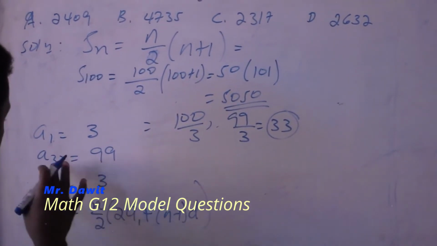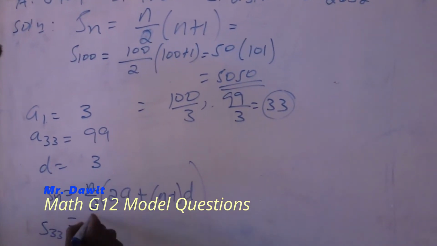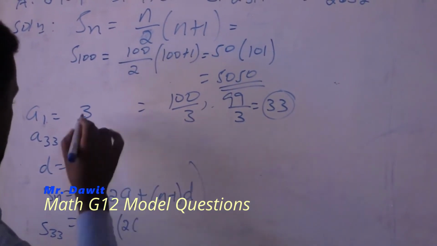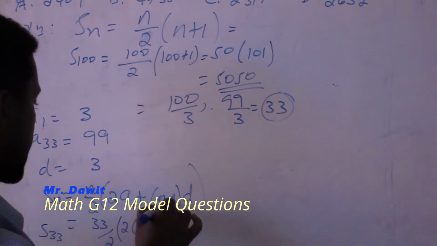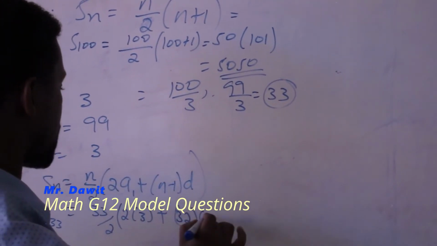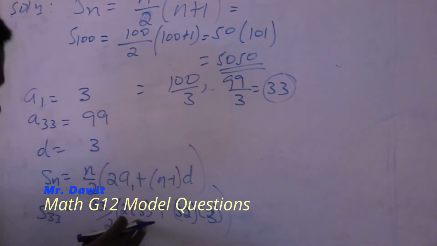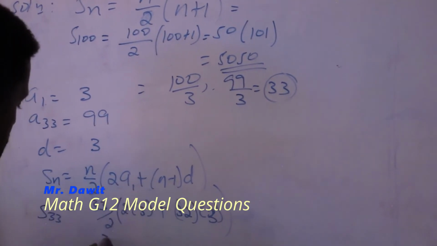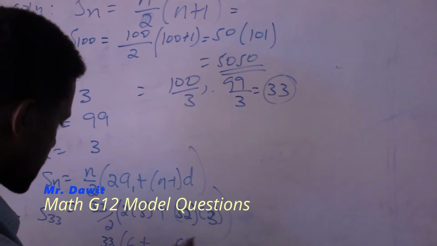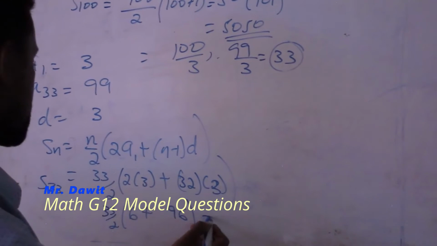The number n is known, that is 33, so it is just a matter of substitution. S33 is equivalent to 33 over 2 times (A1 is 3, so 2 times 3 is 6, plus n minus 1 is 32, times the common difference 3). So 33 over 2 times (6 plus 3 times 32, which is 96). 6 plus 96 is 102,